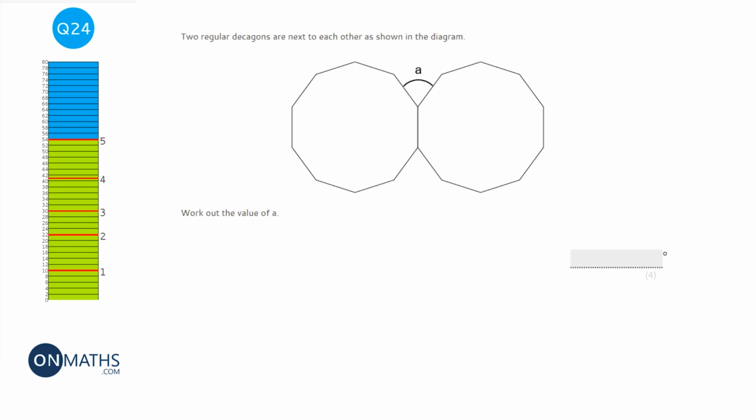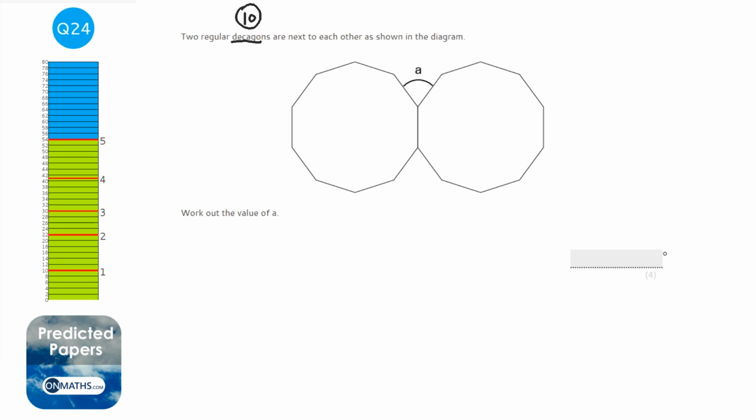So this question looks quite complicated at first, but actually there are two very simple-ish ways of doing it. We've got two decagons, and so that means they are 10-sided. And you can just count the sides if you want, but if it says it's a decagon, I trust it, it's a decagon. Now what we can do is we could work out the interior angles of the decagons. Well, they'll be the same, so I can just work out one and then double it, and then take that away from 360 to work out A. And that's absolutely fine, that'll get you the right answer.